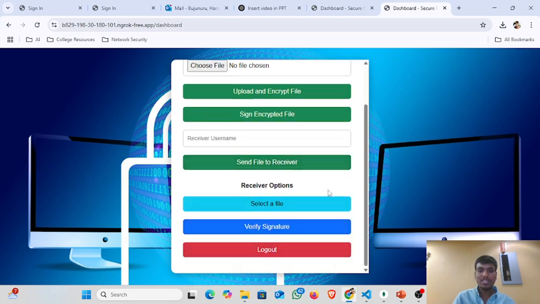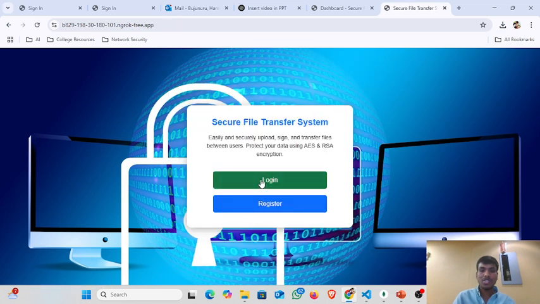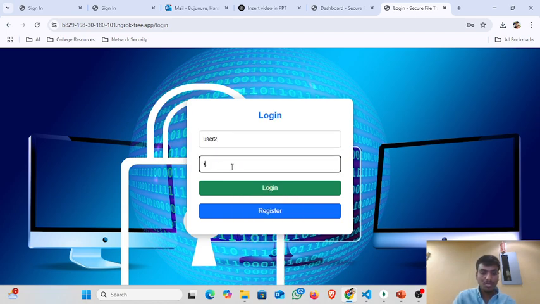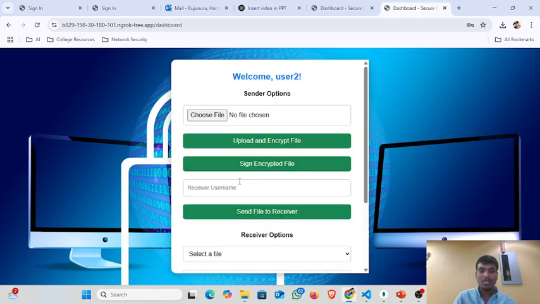Okay. Since he has no options available, like no files currently received, he's not able to select a file. See, no files received. Now I'll log in as user 2. Login,